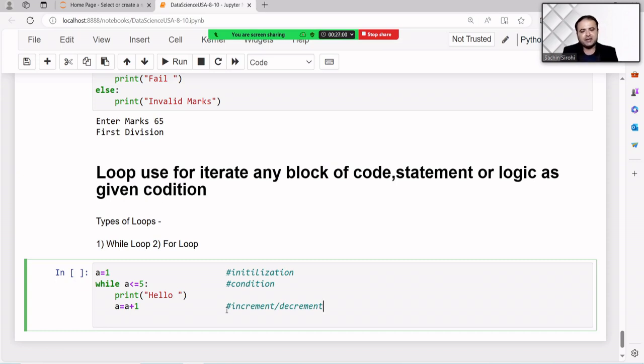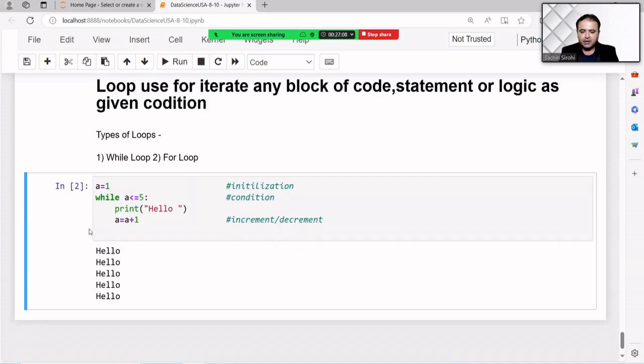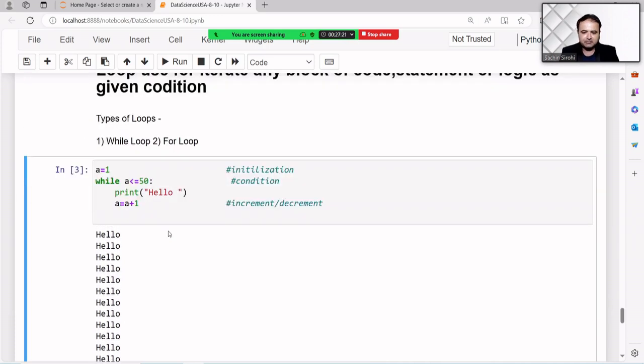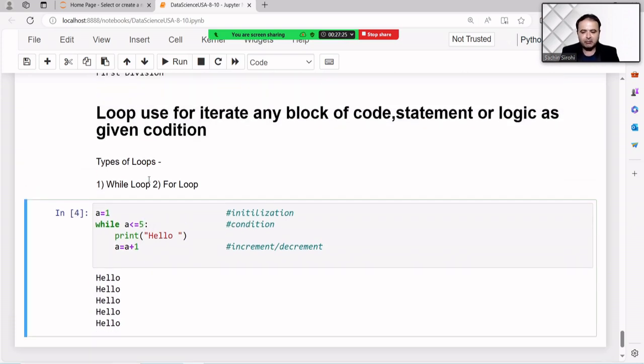So we have three phases in a loop: first initialization, second condition, third increment and decrement. You can see there is no need to write hello 5 times. It will print the code 5 times. If I write 50 here, it will print 50 times. This is the benefit of the while loop.